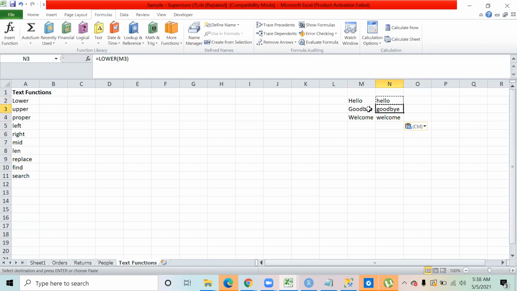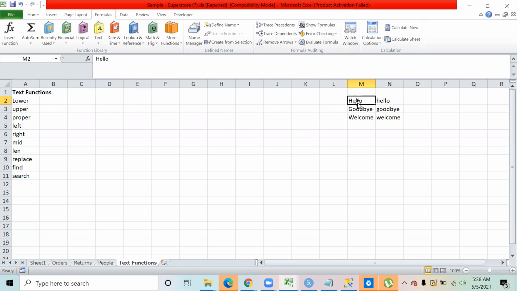Now I'm going to tell you one of the very important features of Excel. If you see over here, what is M2? M2 is basically a range, the address of the cell.